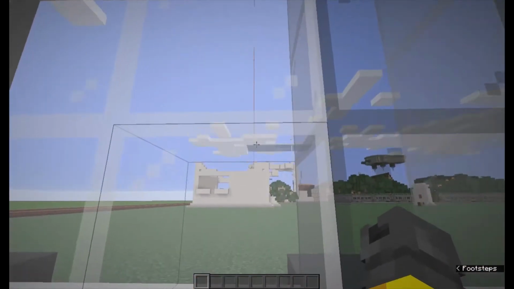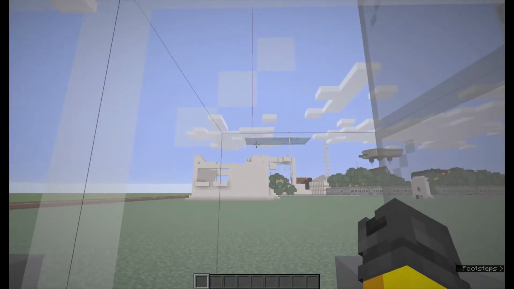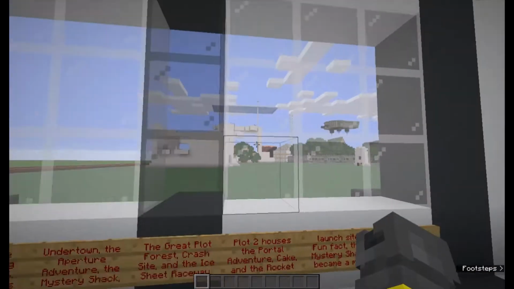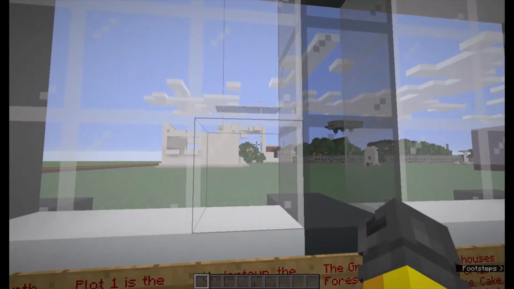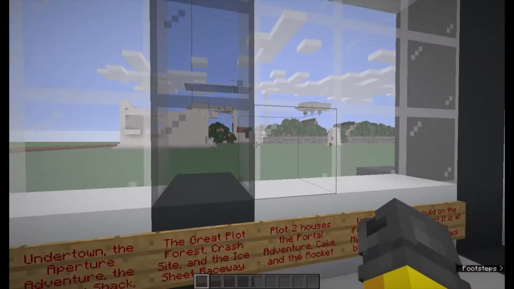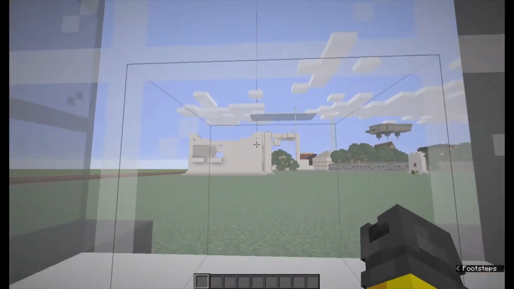And the Ice Sheet Raceway. I really don't remember how that massive plane of ice got there. I have a feeling it's because originally, in the first plot, it got griefed somehow. Someone who was trusted to the plot world edited the entire thing to lava. Luckily, they just replaced air. If they didn't just replace air, I don't know what I would have done. But they just replaced air. So I just simply